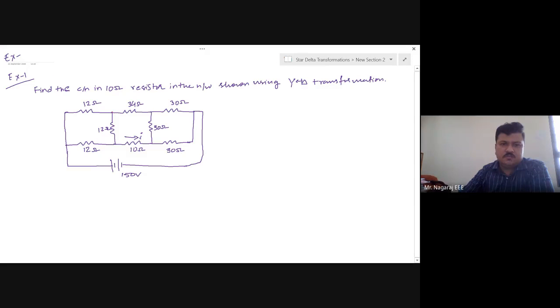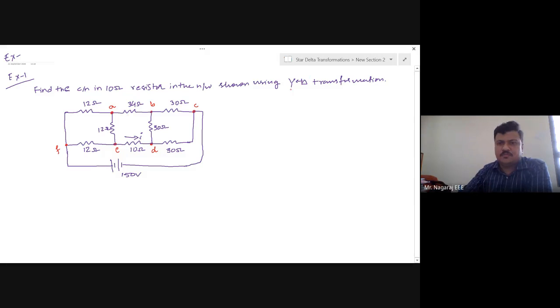Here I have a node, let this be A, let this be B. Here I have a node C, here a node D, I have a node E, and I have node F. Fine. Now, no two resistors are in direct series or in direct parallel. It is very much evident now.